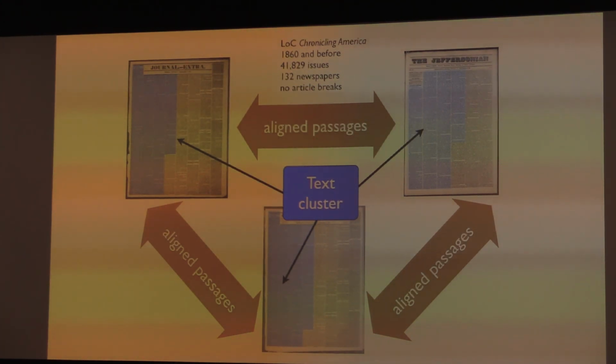In the first version of the project, we were using the Library of Congress's Chronicling America database. It's open and we can get the data, which is partly why we're using it. At first, we only looked at 1860 and before. More recently, we've actually looked at the whole 19th century, but I'm not yet confident enough about that to report on results. They're very interesting, but I don't know what I'm talking about yet. But before 1860, we were looking at about 42,000 issues of the newspapers, about 132 distinct newspapers, although even that's pretty blurry because these newspapers were changing names all the time.